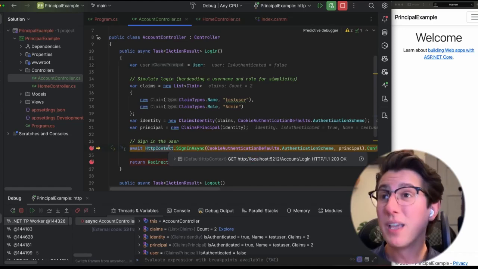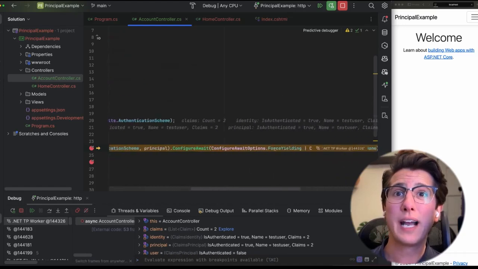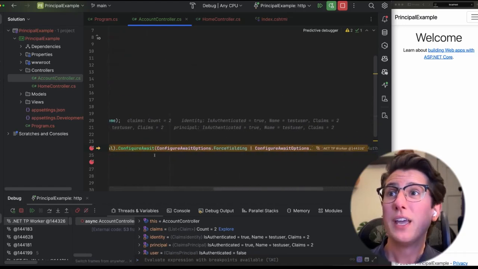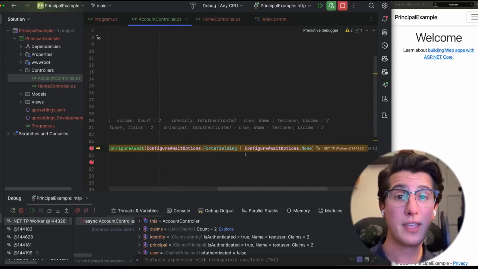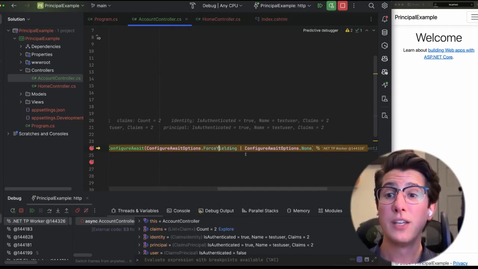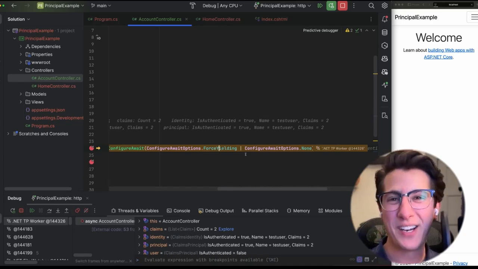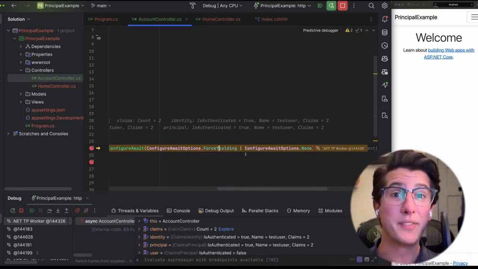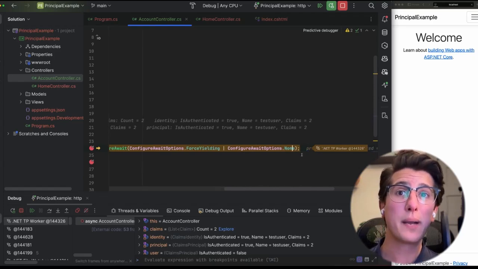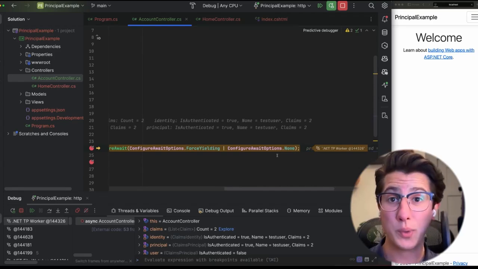This is all modern. Now, what I want to show you is I've added here a configure await option, or a couple configure await options, to our sign in async method, where I'm going to say force yielding, meaning we're going to force the .NET runtime to move us to a background thread to run this code, or rather, we're going to force the .NET runtime to yield the current thread to run this method, even if it's already completed, even if it doesn't need it. And I said ConfigureAwaitOptions.None chained together with ForceYielding so that the next line of code will resume on a